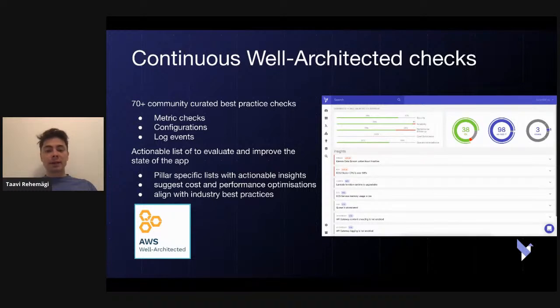Is something abandoned, not being used? It might be a security risk. And all different types of best practice checks that look at not just the configurations, but also monitoring data, look at different historical alarms, and try to give you a pillar by pillar score and how to improve it.